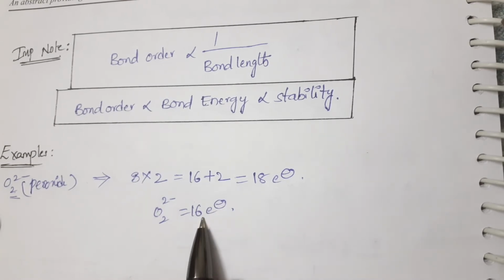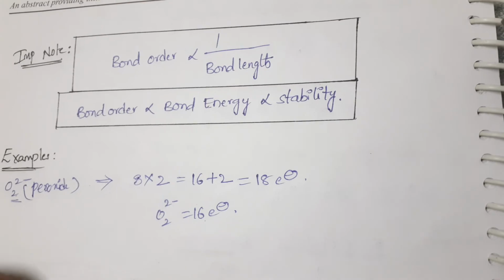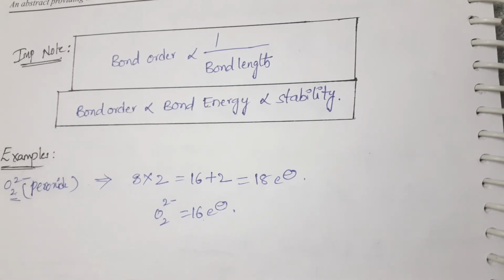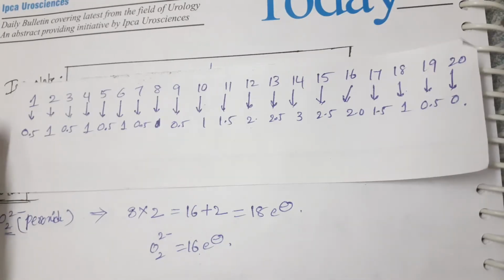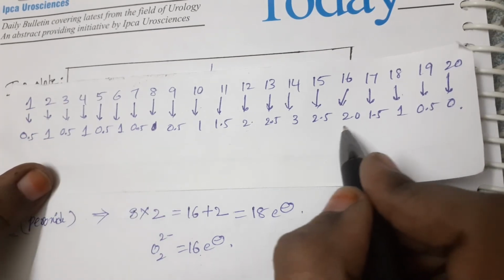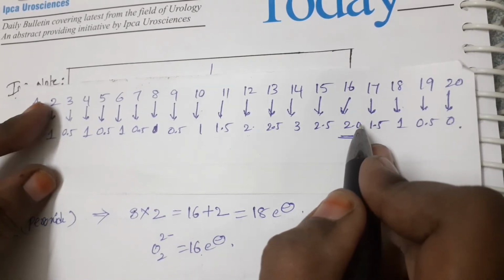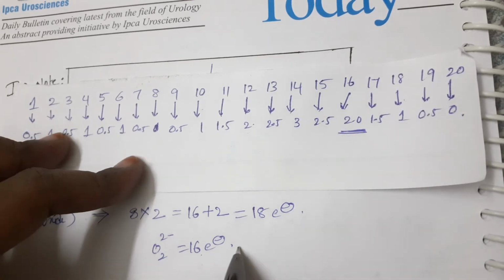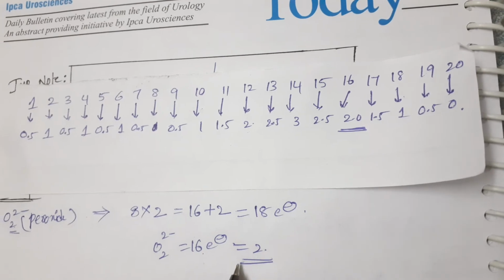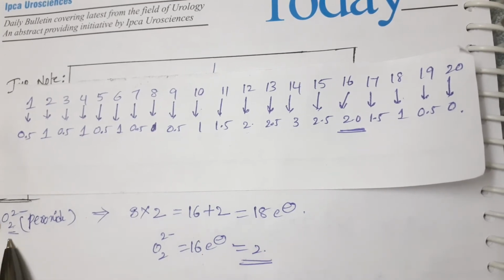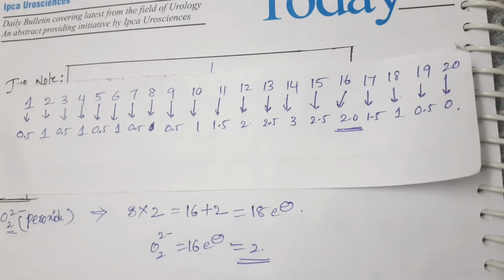Okay. Substitute these electrons in the previous formula, that is sigma 1s, sigma star 1s. So substitute in that formula, we'll get the bond order. But follow the simple trick: for 16 electrons the bond order will be 2. Here is a simple trick that I wrote previously. Here the bond order is equal to 2. Simple. Within a second you will tell the answer. So for 16 electrons, the bond order is 2. Moving to the next one.